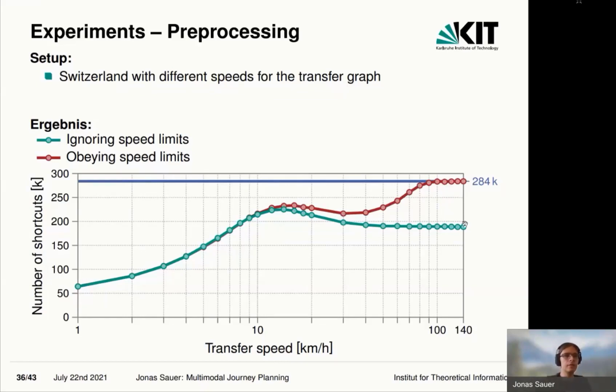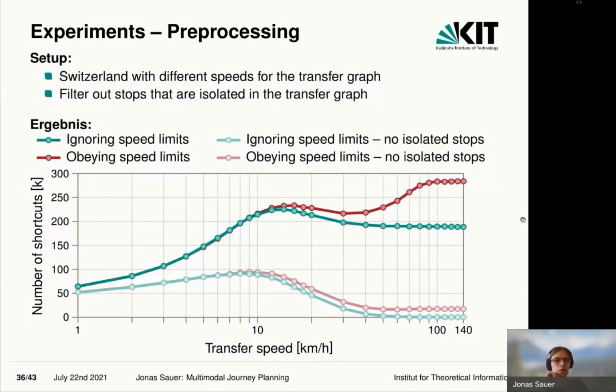And the reason for that is if the transfer speed becomes very fast, then you never have a reason to use public transit anymore, because you're always faster if you simply use the transfer mode to get from source to target. So actually what we should be expecting is that the number of shortcuts declines to 0. And the reason it doesn't is because there are stops in the network that are isolated in the transfer graph. They don't have any outgoing edges